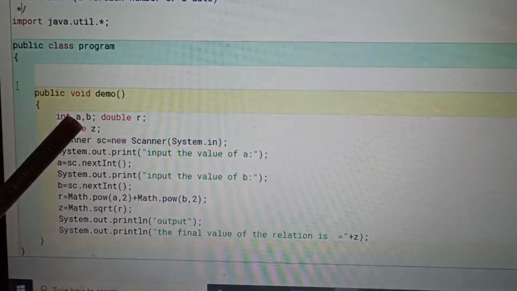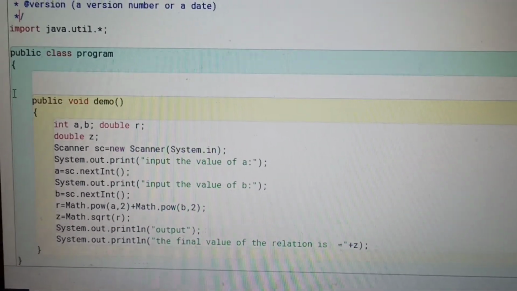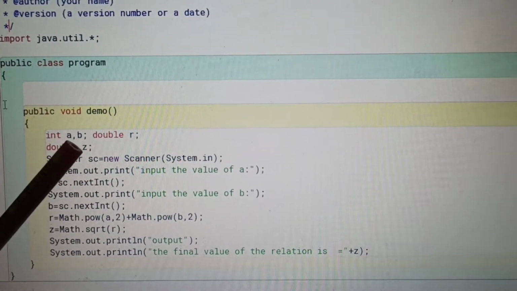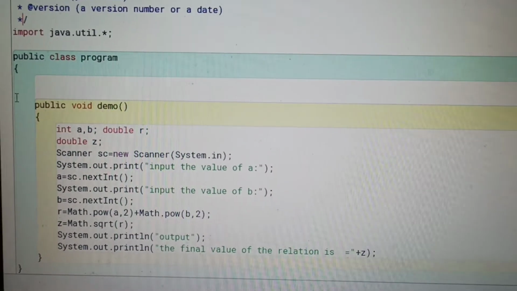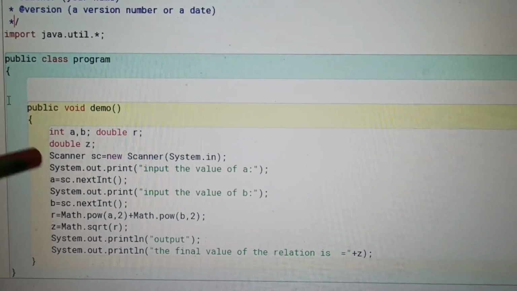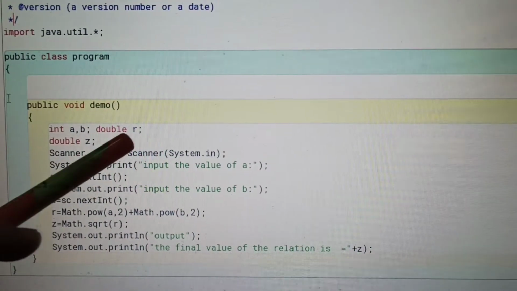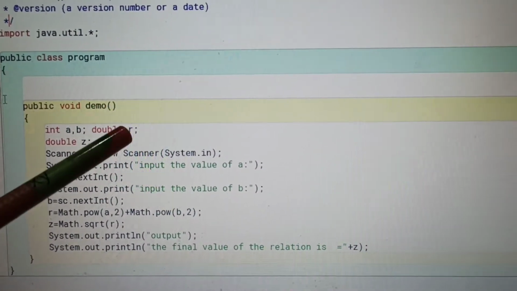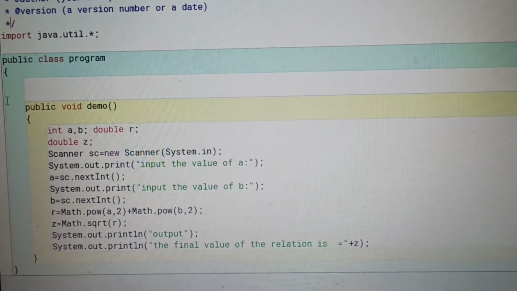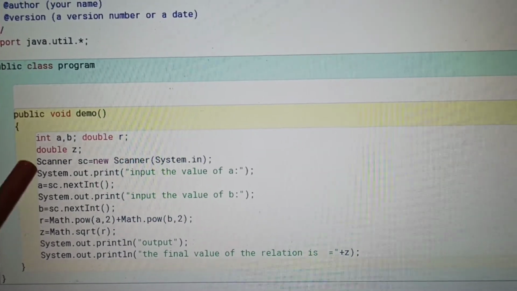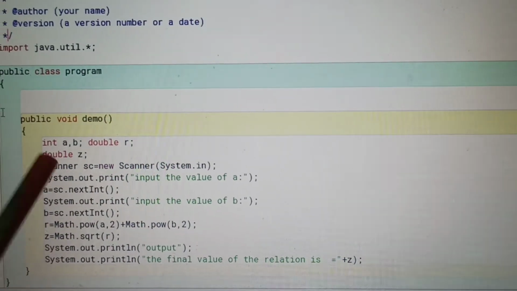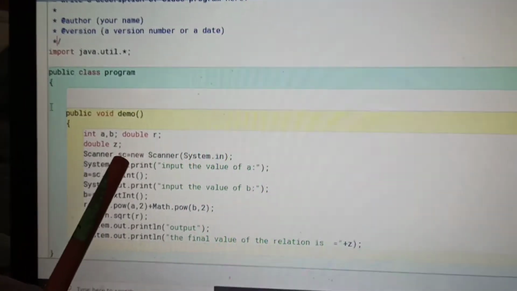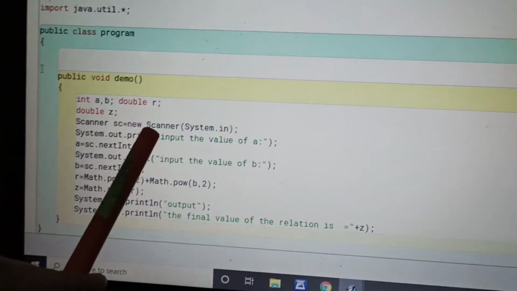To give the input while we run the program, we take two variables, int a, b, and to store the result we take the variable z, which should be of double data type.